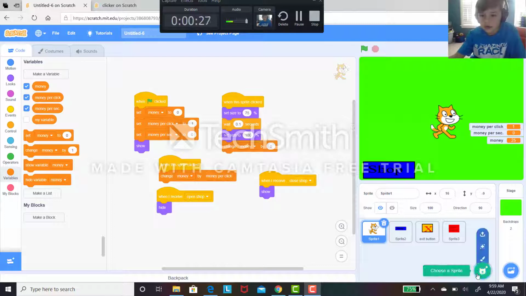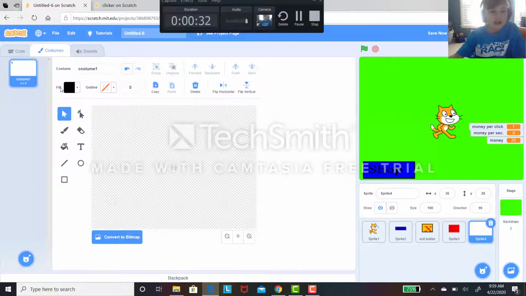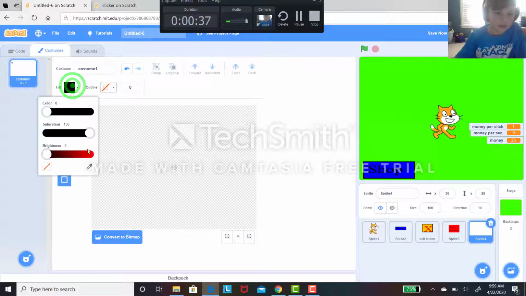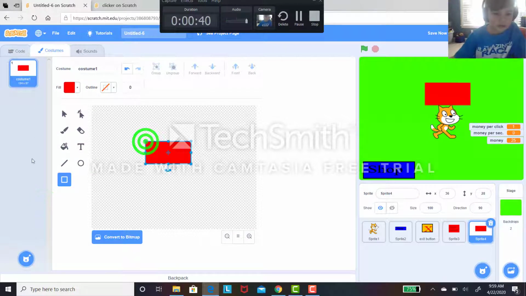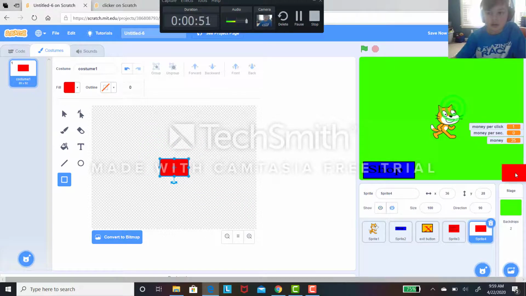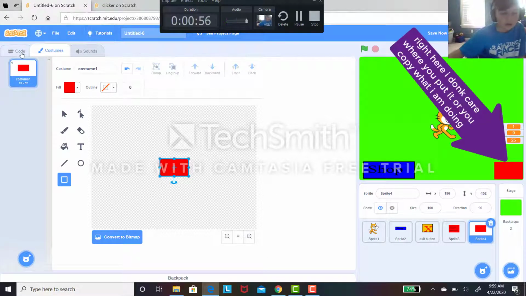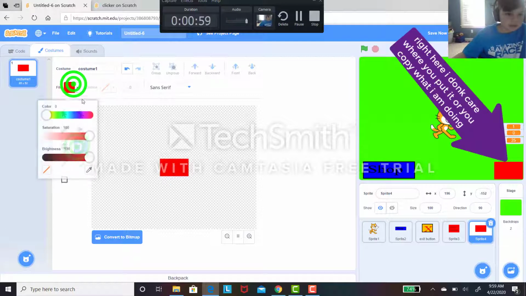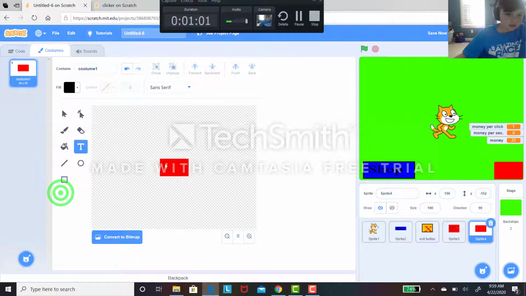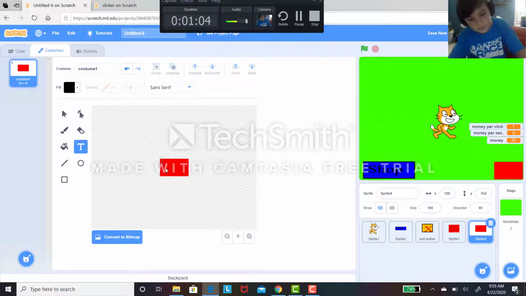So let's choose a new sprite that looks like a cat. Go to paint, and then let's customize it with the red box, like that. Let's put it actually in the corner this time, this corner right down here. And then you want to make some text. You want to make text that says